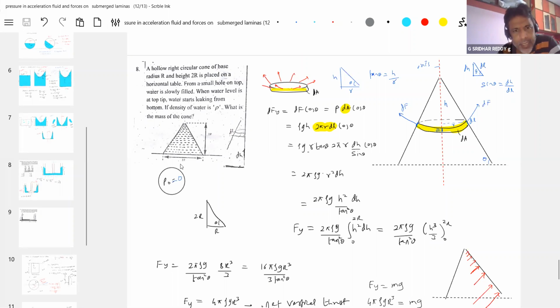Almost all the basic ideas are completed. You have to work out different numericals, especially application oriented ones of the kind I discussed now. Practice them and you'll get a basic picture. Then next week when we go for buoyancy, you can enjoy the effort you put in. That will be very easy, because in buoyancy I get involved in mathematics of this kind. The fluid will exert force on all surfaces with which it comes in contact. This idea is very important for next week and the coming weeks also. You have to work out several numericals of this kind.